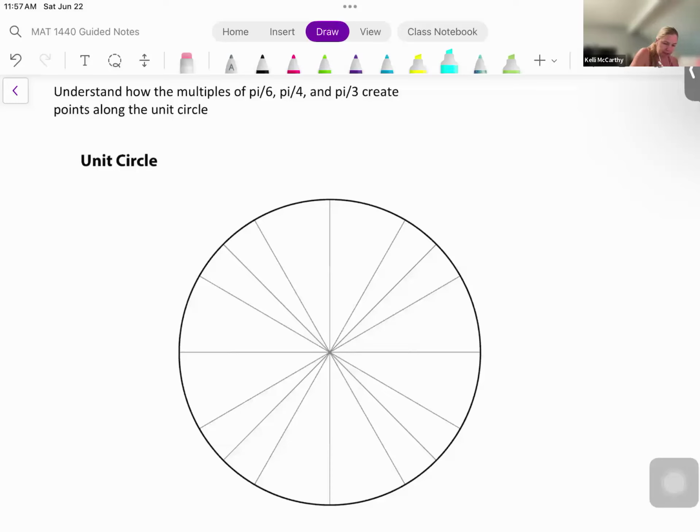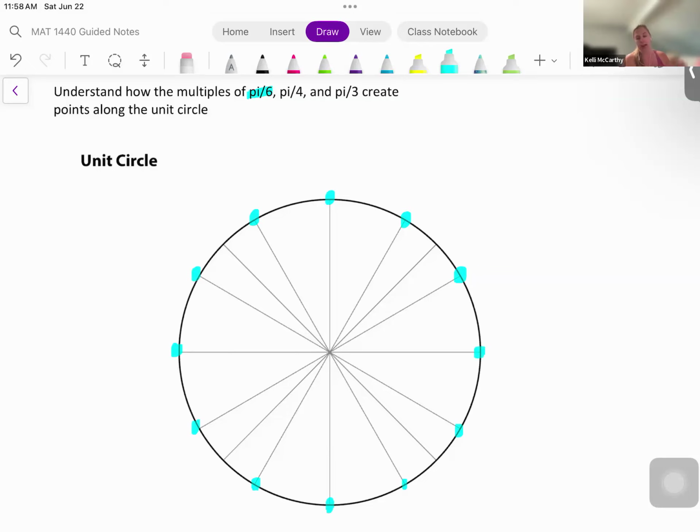So I'm going to start by just illustrating multiples of pi over 6. And I'm just going to count them off. So pi over 6 is that smaller segment. It's this length. This is 30 degrees. So that tells me that this is 1 pi over 6. And I'm just going to increase that numerator: 2 pi over 6, 3 pi over 6, 4 pi over 6, 5 pi over 6, 6 pi over 6, 7 pi over 6, 8 pi over 6, 9 pi over 6, 10 pi over 6, 11 pi over 6,